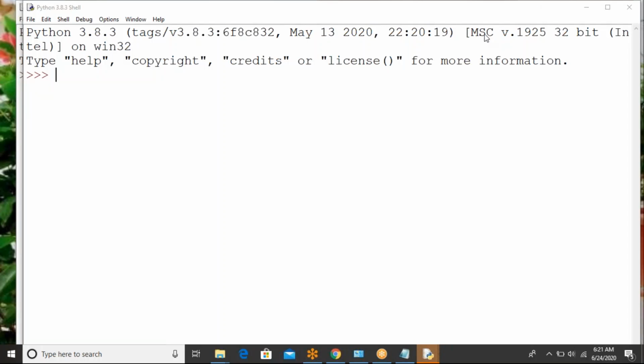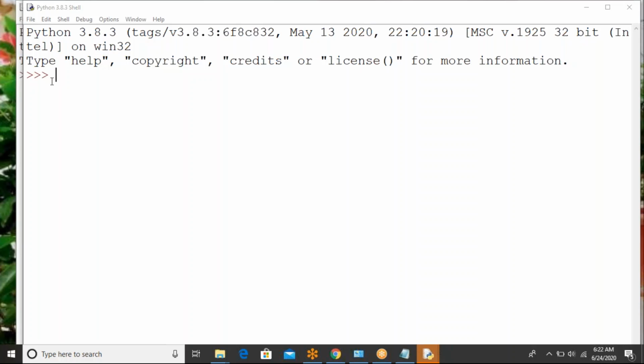Okay, this is the Python IDLE. You will see the triple greater than symbol. Here only you will type everything. Whatever you want, you can type it here. The programs you can type here. Python shell, Python shell scripting. We can call this IDLE.